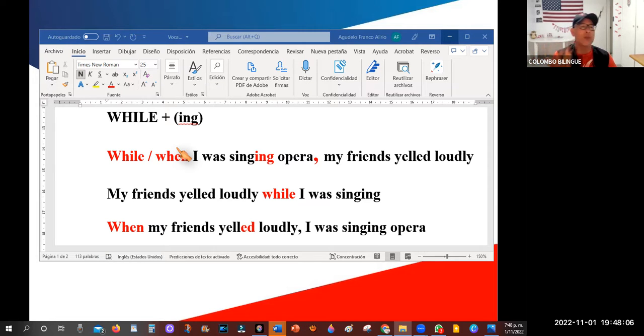What is the first action? I was taking a shower. What is the second option? Somebody knocked on the door. Okay, so if you say somebody knocked on the door, that is an interruption, because if you are taking a